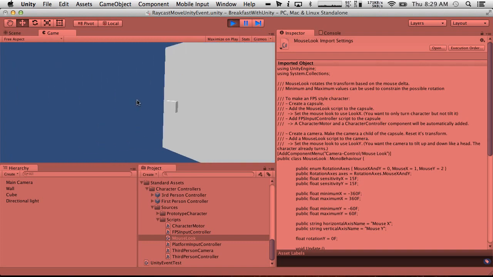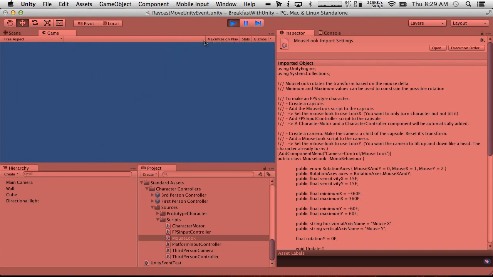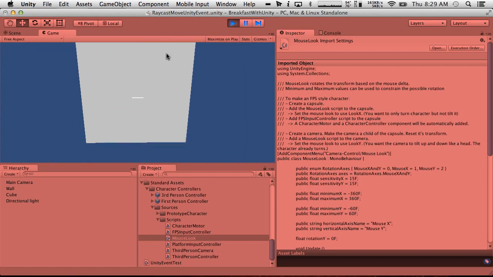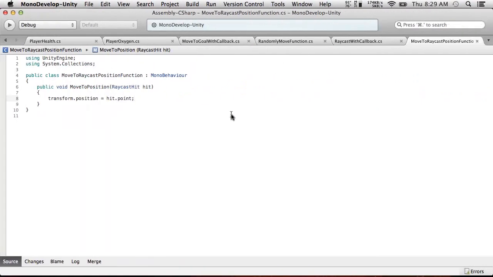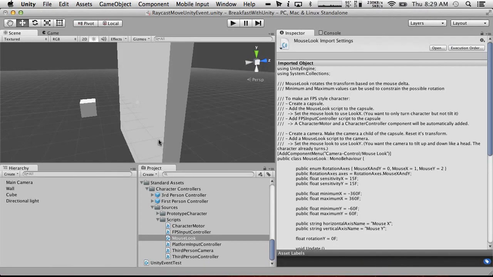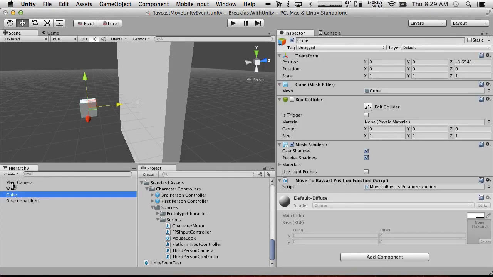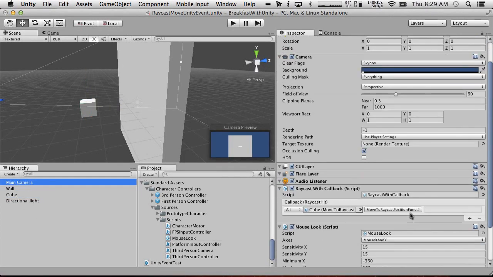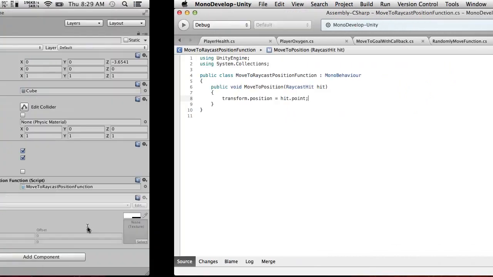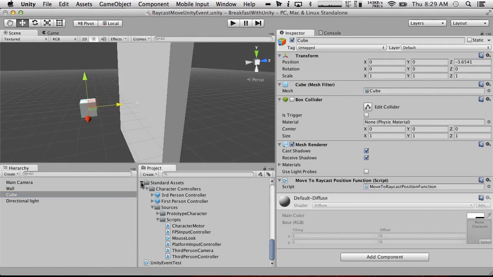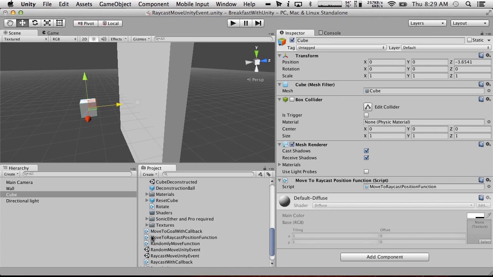If we get off the screen, it doesn't move again because we have an if for our physics raycast. But yeah, we defined this. We just sent information between two scripts, and all we had to do was define where we wanted to send this information to here, and then have something that could receive that information on the other side. So I'm going to try something slightly different. So if we had set this up so that